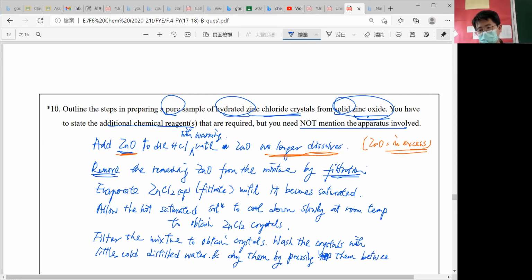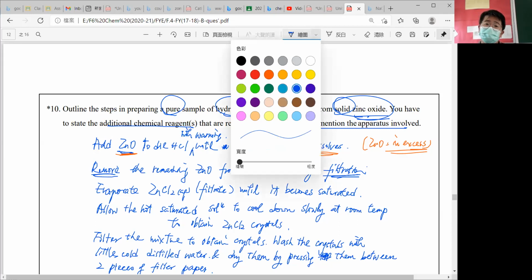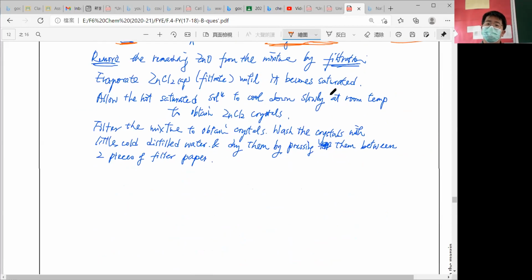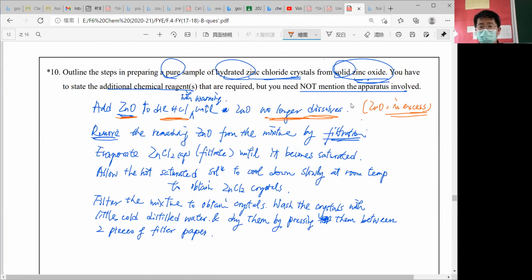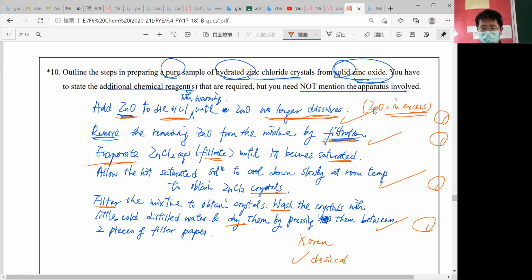Between two pieces of filter paper。放焗爐冇分，desiccator 有分。所以揾啱 chemical，要升嗰齊 in excess 1分，跟住做 filtration 隔渣1分。將個 filtrate 做 evaporation 變成 saturated solution，跟住直接放 crystal 有分，第3分，第4分 filter the mixture、wash the crystal 同埋 dry crystal 1分。記住 oven 冇分，desiccator 有分，得唔得？我點知道揀啱嗰隻酸？睇清楚，我哋升 zinc oxide